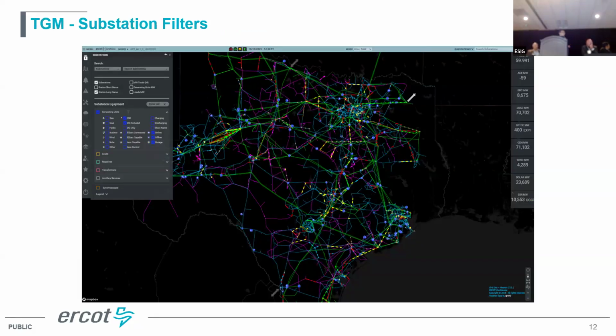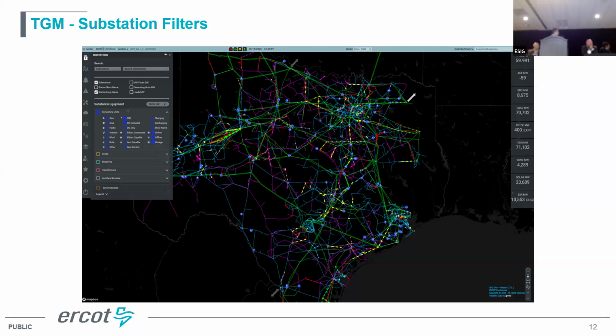For example, this one is a substation filter. You can turn it on if you want to check which substation has which kind of generator units. We have filters based on the fuel type, or we add the ESR, DTR. If you check those, we only show the substations that have those generating units, so you can easily see where those generating units are located.